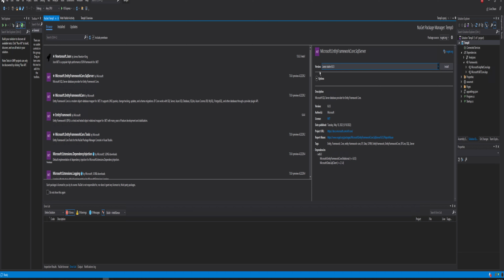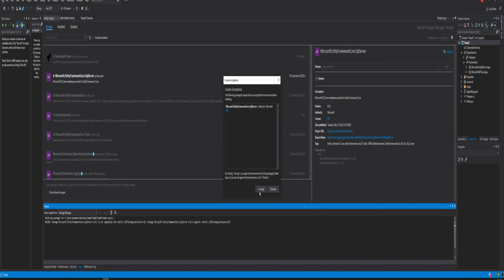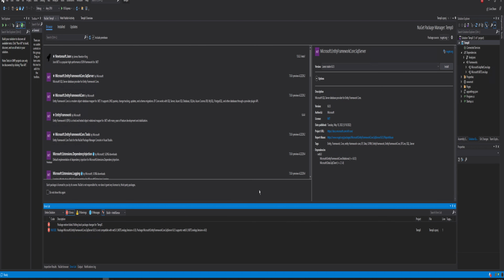But let's try to install the latest stable version, which is 6.0.5 at the time of the making of this video. Install, click OK, click Accept, and there is our errors. We have an error, package restore failed, rolling back package changes for temp0. So it did not install. More importantly, we have this error,